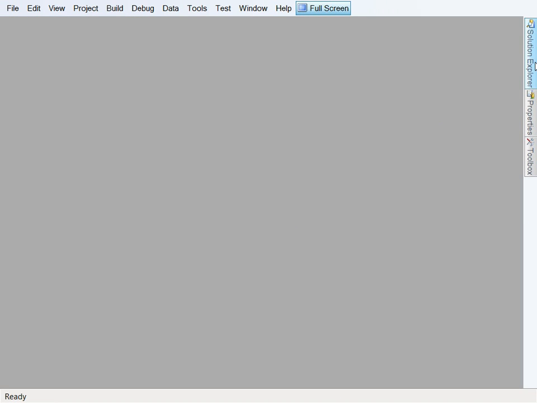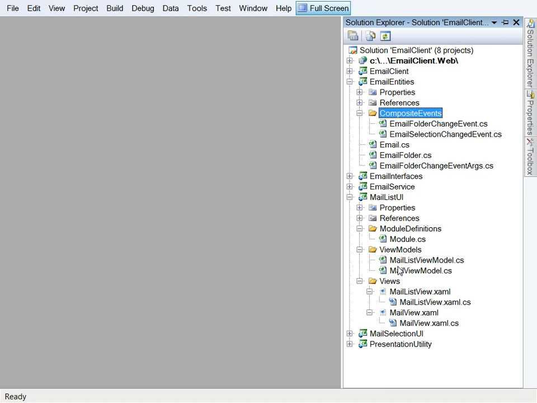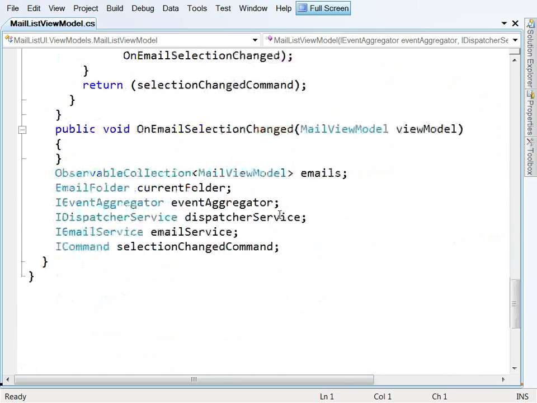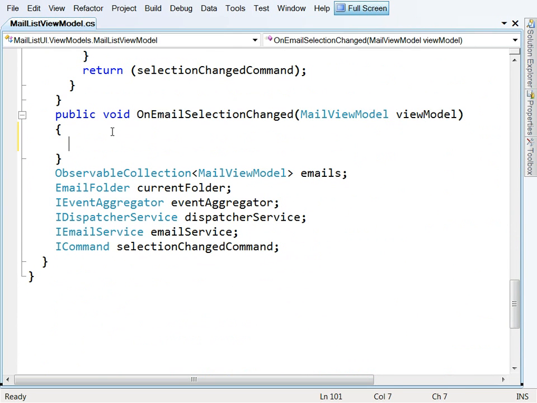Let's close that file down. Let's go back to our view. So if we go back to our view and find the view model for it. So now when this fires, what we want to do is get hold of that event. So we'll say,